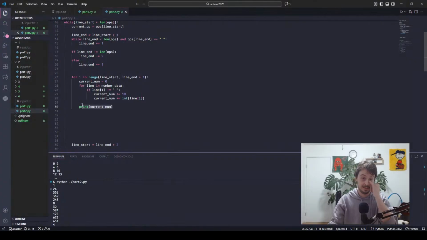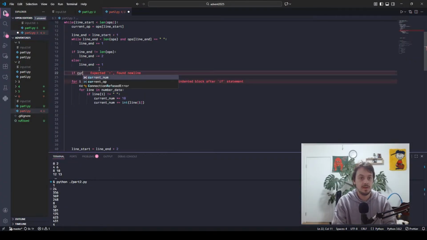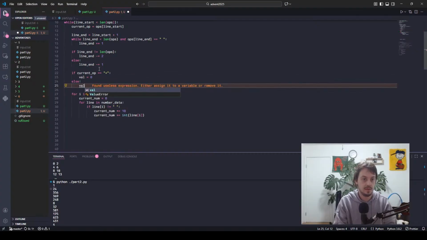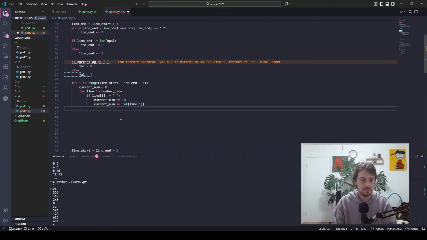Okay, that is correct. So if current op equals plus, 1,